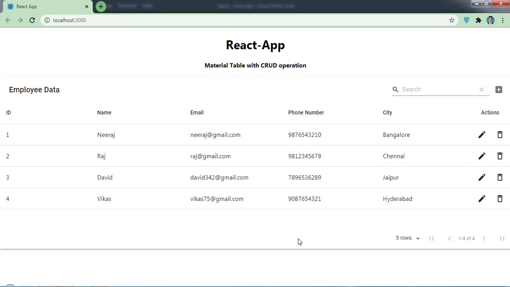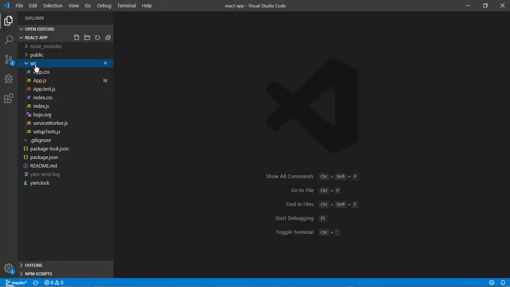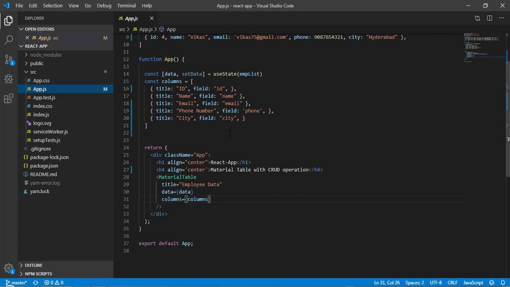So in this video, we will see how to achieve these CRUD operations in Material Table. For that, let's jump to VS Code. Here this is the project, and let's go to App.js. Here you can see this is the functional component, and I am returning two headings and a